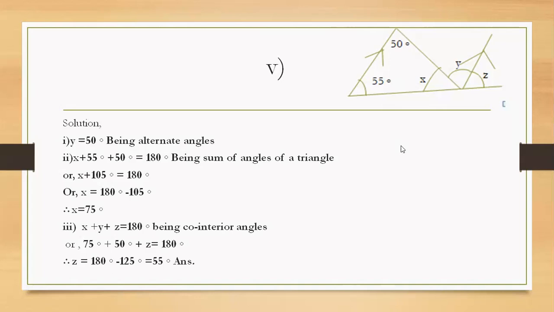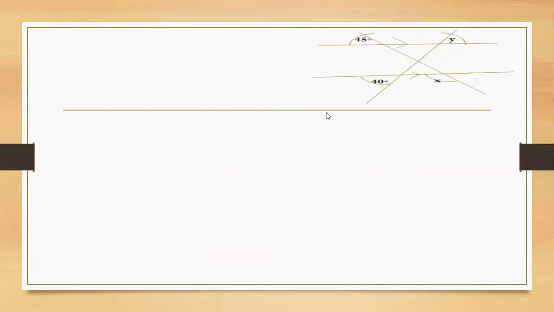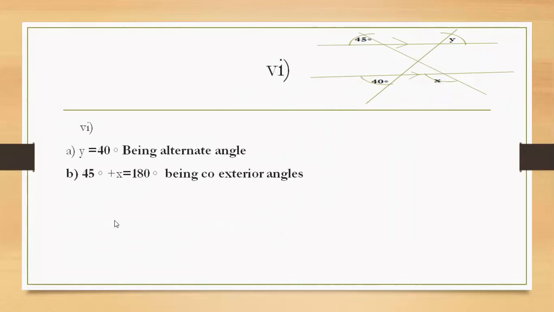Okay, children, and look here. After this, we get the value of this one, x. x plus 45 is co-exterior angle. We get the value of x, and y equals 40 degree alternate exterior angle. Like this we solve in this solution. y equals 40 degree and 45 plus x is 100 degree being co-exterior angle. We get the value of y and x in this question. Okay. Similarly,